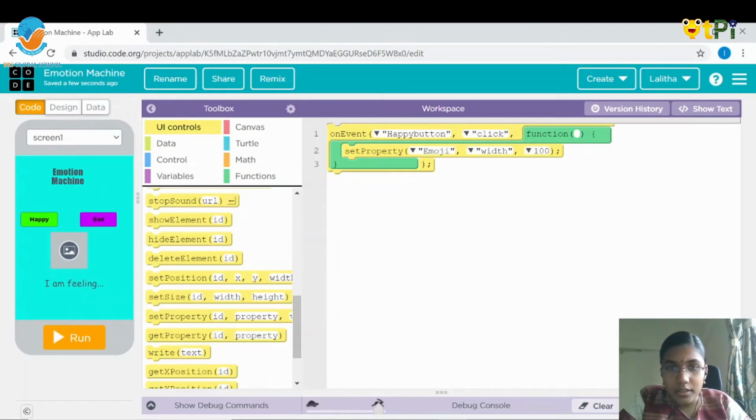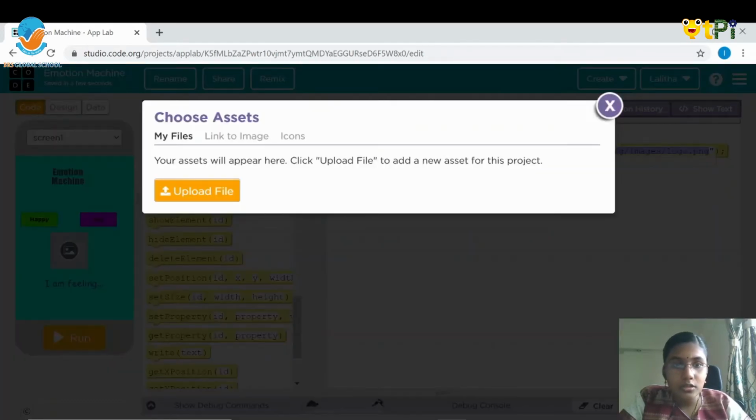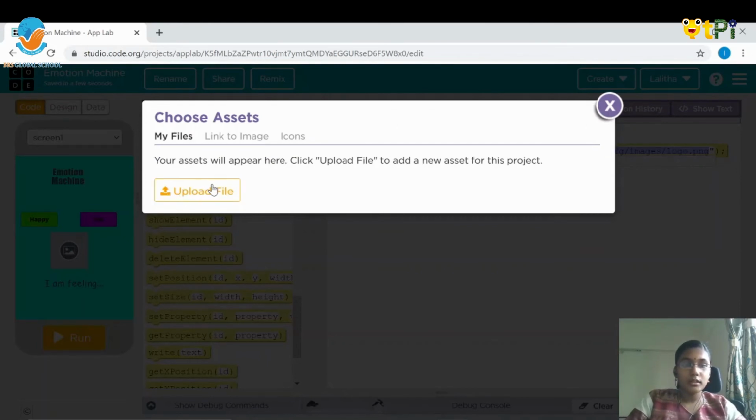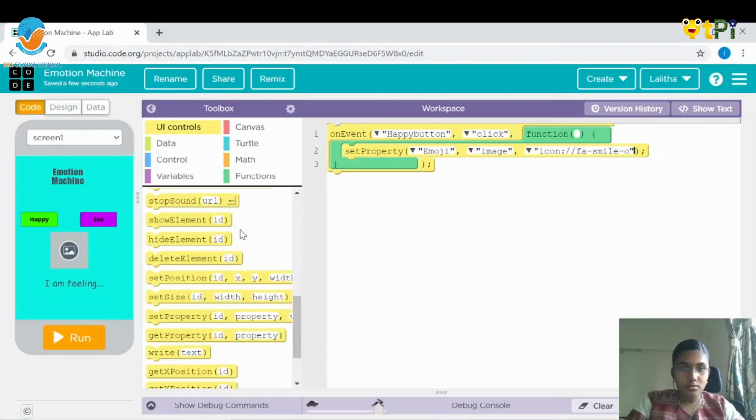So I have given it as emoji, and instead of width I'm going to give it as image, and here it's showing some link. So instead of that we can go to this choose option. So it's shown here as choose asset. You can even upload the file from the internet, or you can just choose icon. So here I'm gonna choose smile, the smiley symbol, and we need to give even some color for this, and I would like to give that.